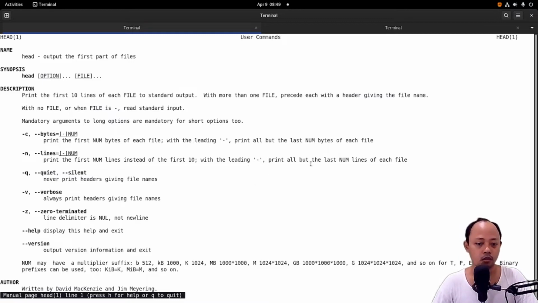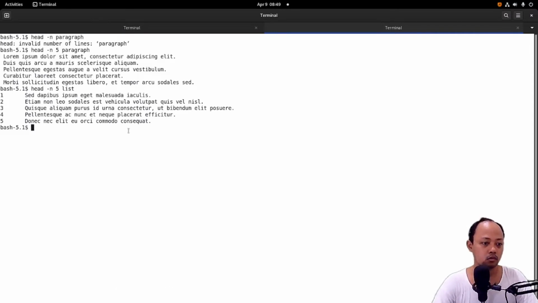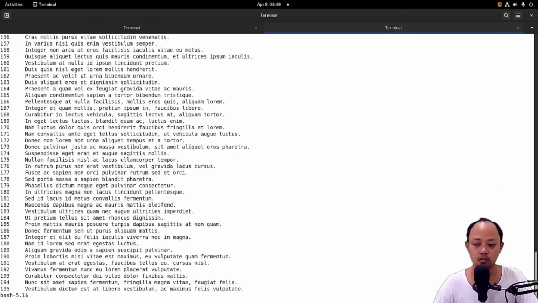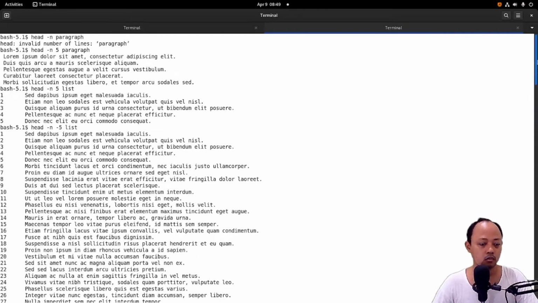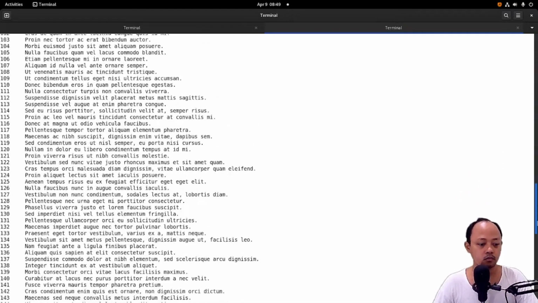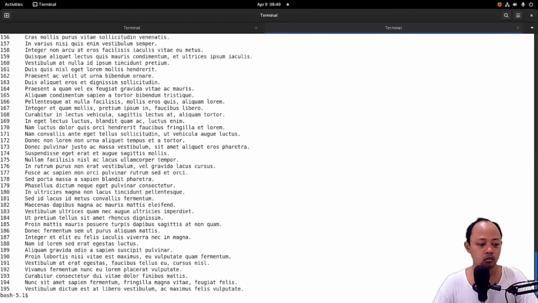We will try this option. So the head command will print the file, but without the last 5 lines of that file.